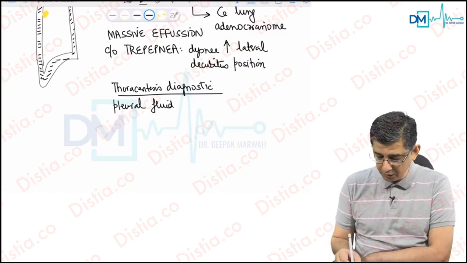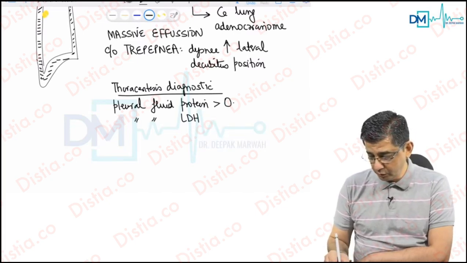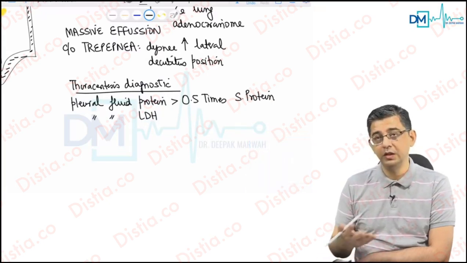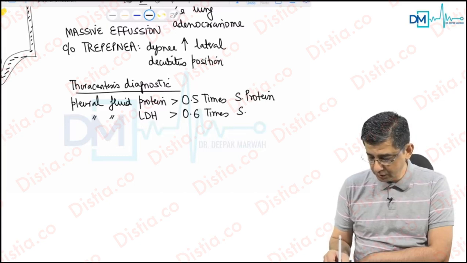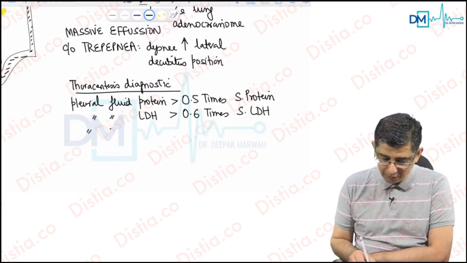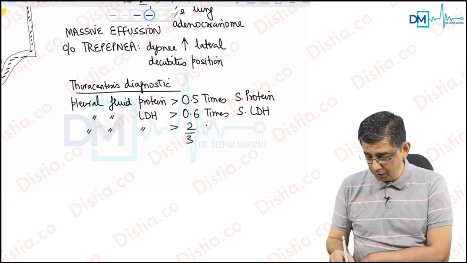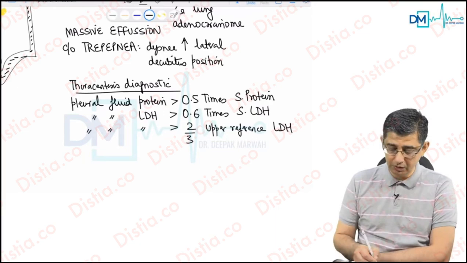pleural fluid contents. That is, you would be checking for the proteins in the pleural fluid and the LDH values in the pleural fluid. If the pleural fluid protein is more than 0.5 times the value of the serum protein, then this would definitely indicate that this is an exudate, and malignancy is an exudate. Pleural fluid LDH more than 0.6 times the value of the serum LDH, or instead he might write pleural fluid LDH more than 2 by 3 times the upper reference limit of serum LDH in a patient, then we have to consider this as an important parameter